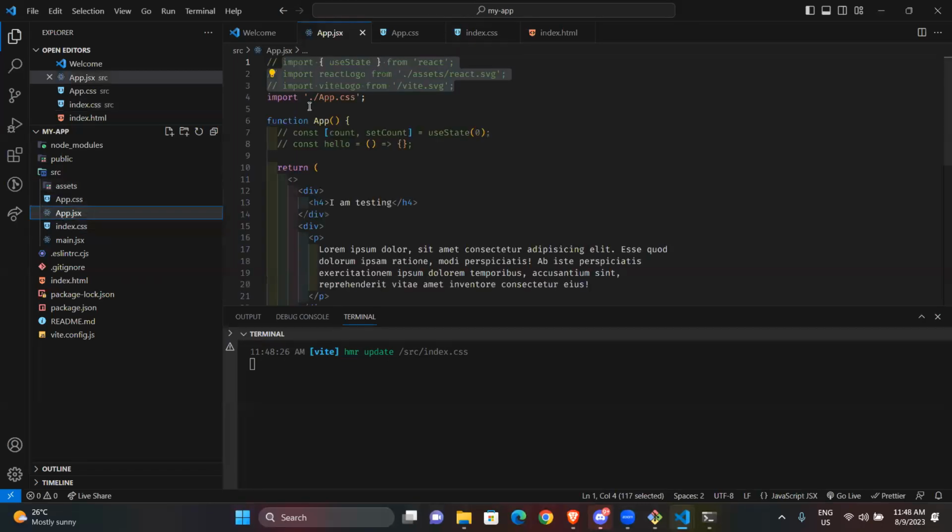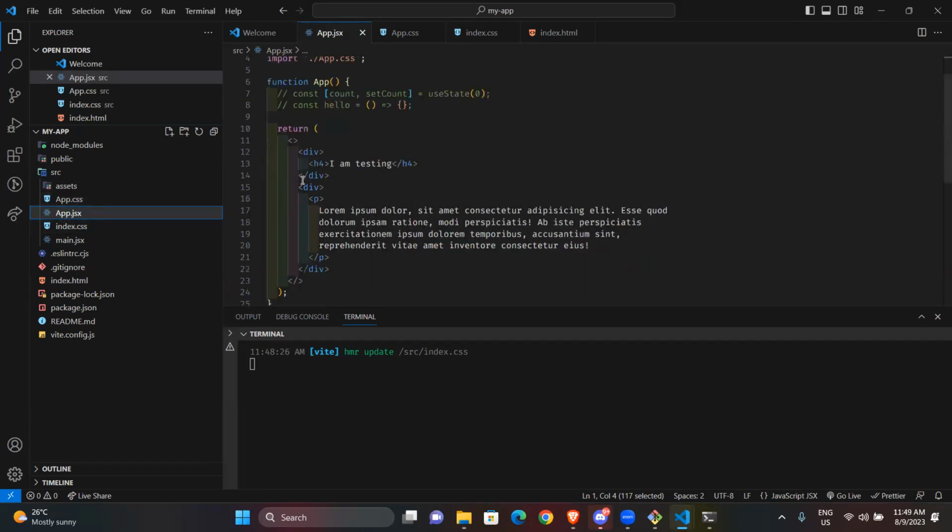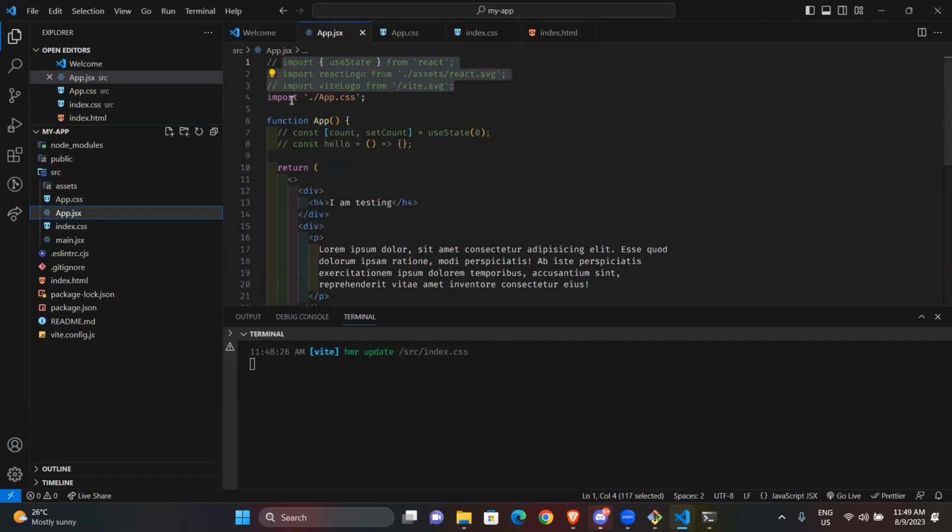Most often than not, that's usually the convention: you create a CSS file, that's if you're using vanilla CSS, not Tailwind and all of that. Then you need to link it like this, import ./app.css, so that points to this file itself. Okay, I've actually said a whole lot. Does anybody have questions?